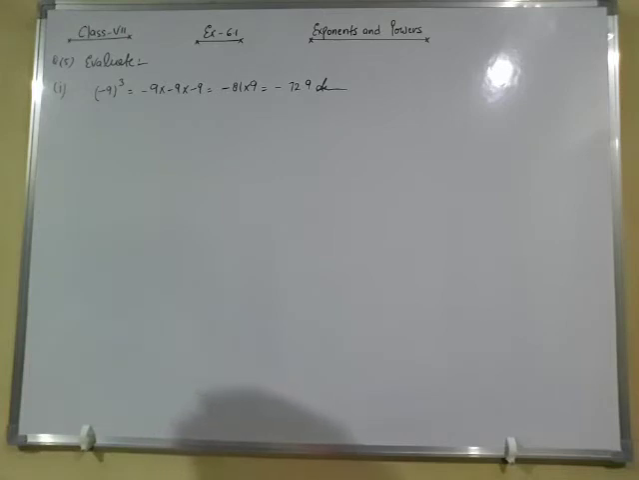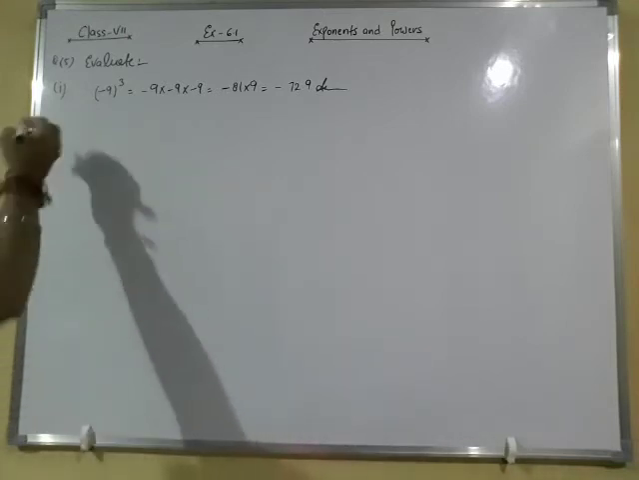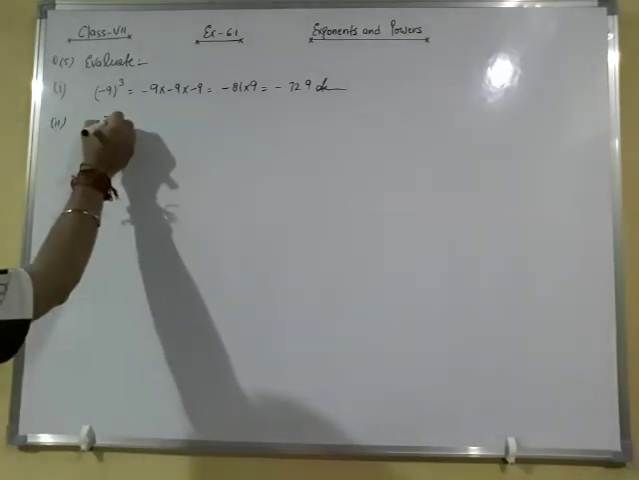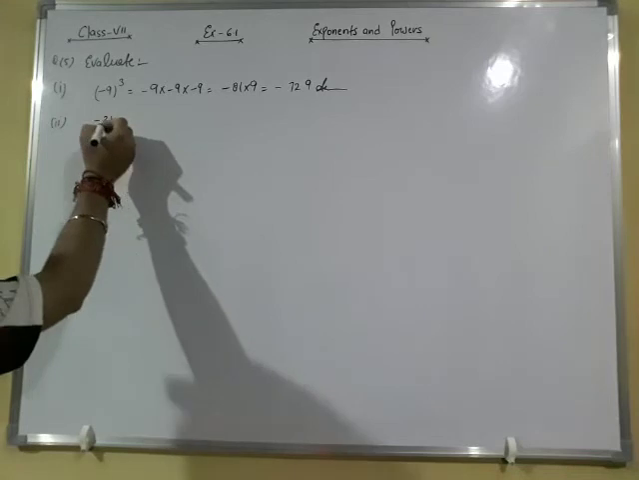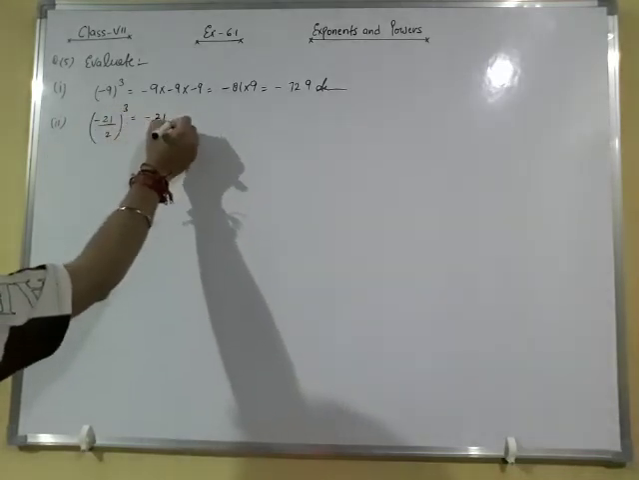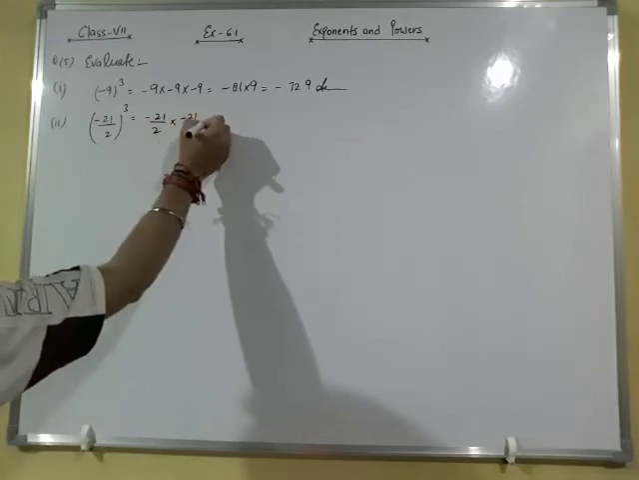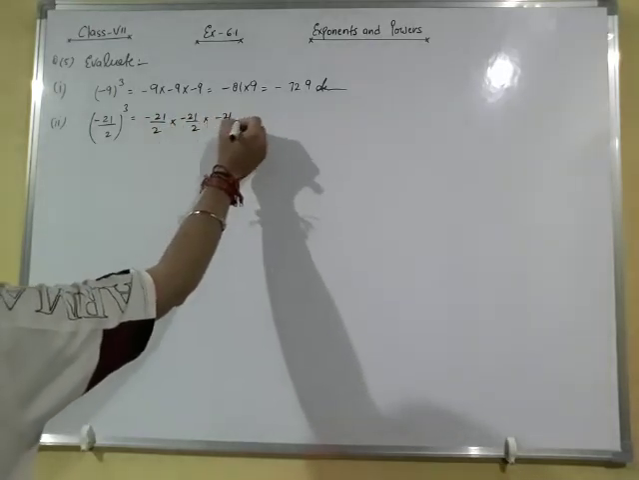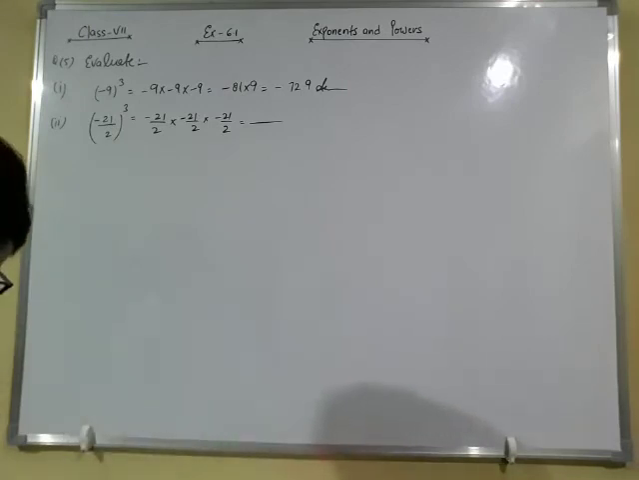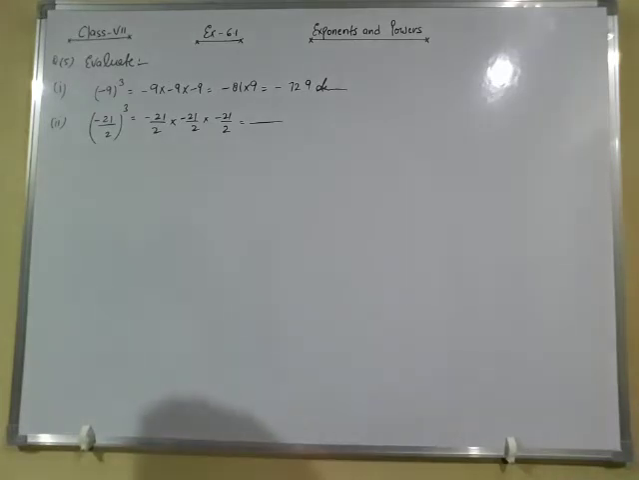I am going to give you some hints and you will solve the question yourself. Minus 21 upon 2 raised to the power 3. So it will be minus 21 upon 2 multiply minus 21 upon 2 multiply minus 21 upon 2, and find the answer. Third part, fourth part, fifth part I am giving you for your homework. Okay,